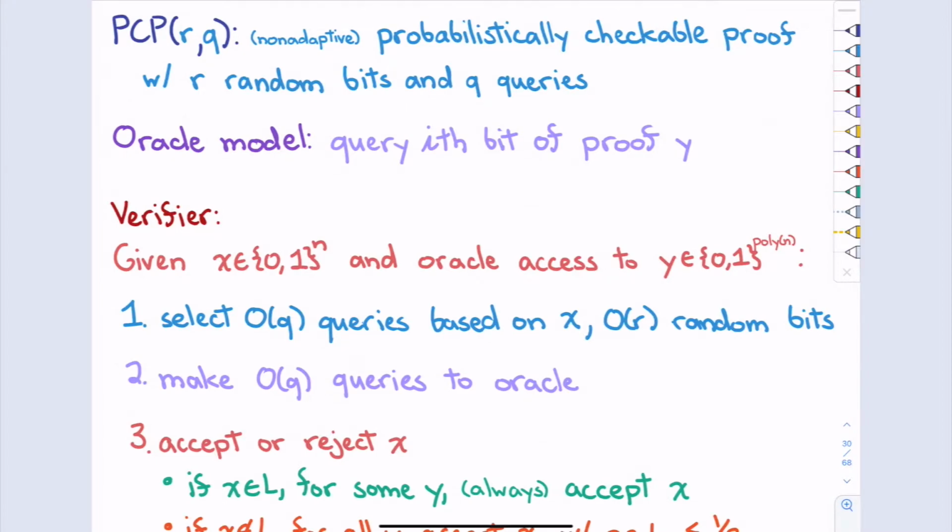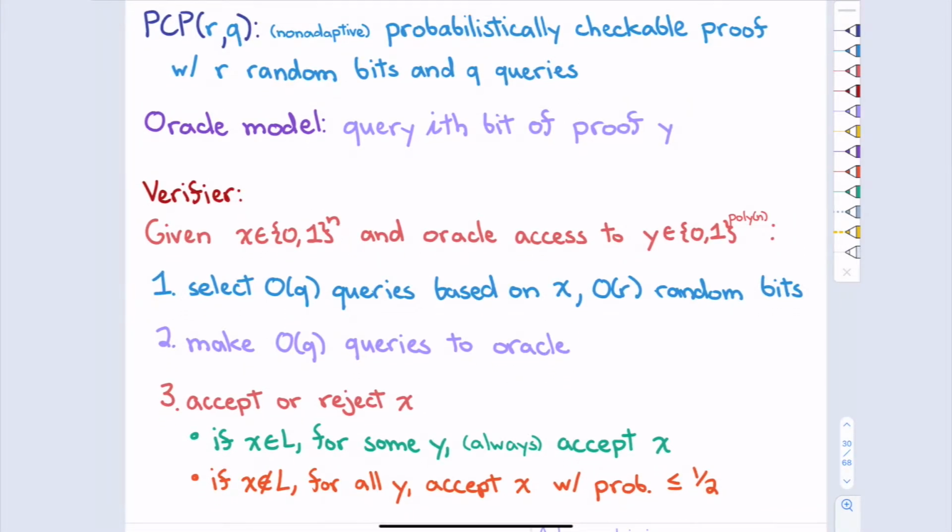And so we're looking at an extended definition of randomized provers and randomized verifiers. So something is in PCP(R, Q), where R is the number of random bits and Q is the number of queries. If you're trying to decide if something X is in the language that you're thinking about, and you're given oracle access to a proof Y, you're basically allowed to flip R random bits and make Q queries. Okay, so maybe you're trying to verify if a SAT formula is satisfiable. The proof is the assignment. But what you're going to do is instead of checking all the clauses, you might randomly sample a few clauses to check or something.